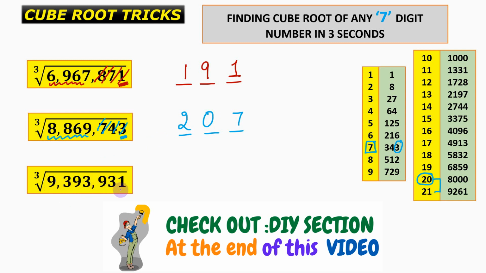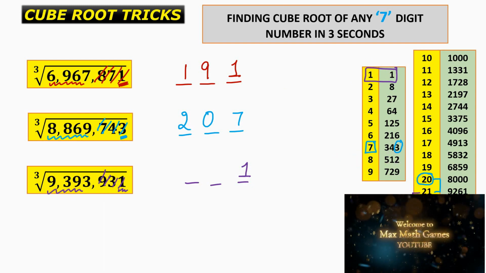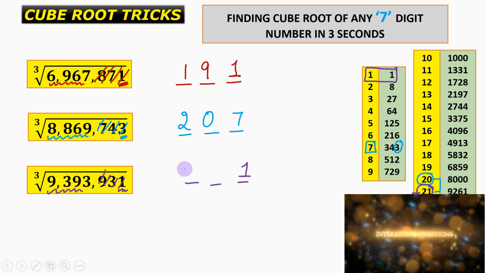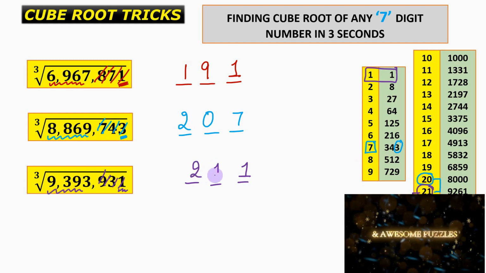And for the last question, we say that if the unit place is equal to 1, which simply implies that the unit place of the cube root is equal to 1. Okay, and then discarding these 3 numbers, we get this number, that is 9393, and then this number lies between the cube of 21 and the cube of 22. So that means we put this smaller number over here, and hence our answer will be 211.